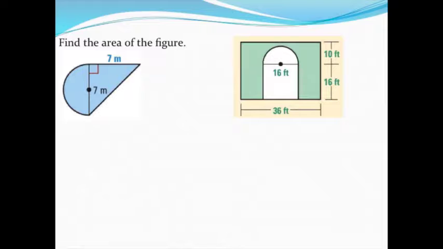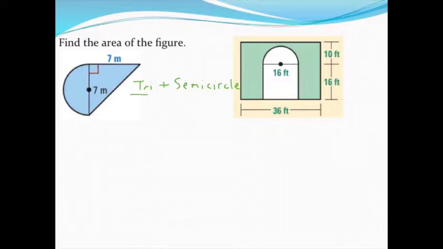We can find the area of composite shapes that are composed of circles or semicircles the same way we've done in the past, by either adding or subtracting different pieces together. So taking a look at this first figure, it appears to be made up of a triangle for one piece. And then in addition to that, I'll be adding on a half circle, which we call a semicircle. So let's go ahead and find those two areas individually and then add them together to get the total